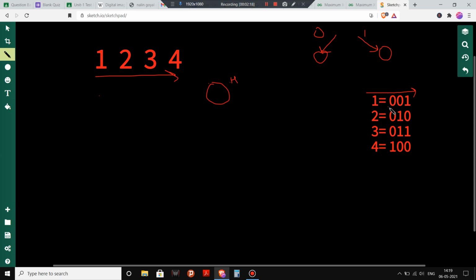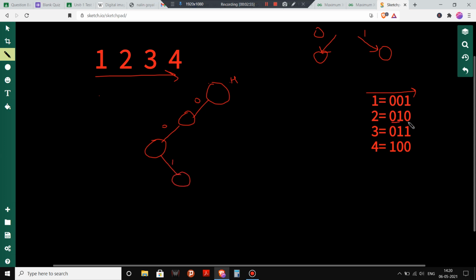Let's see how we are going to do this. Now iterating for 1, the binary representation is 0 0 1, so we will go to the left part, create a node here, and write 0 on the edge. Now we go to the left part again, and write 0 here. We are doing this because we have the binary representation 0 0 1, and we are just iterating over it. For 0 we go to the left part, for again 0 we again go to the left part, then we have 1, so we go for the right child.